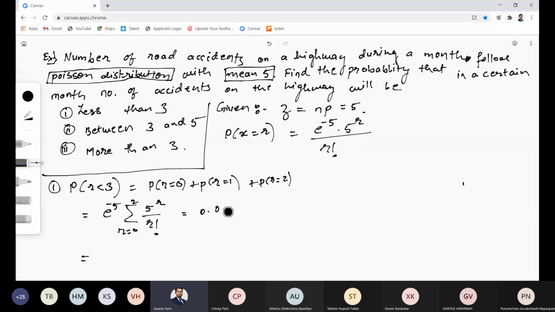Then again press equal to, you will have to enter the second value 1, so 0.033690. Then again press equal to and give the last value of r equal to 2, so that will be 0.084224. And if you add these things, the final answer is what Shikhar said, 0.1246. Fine. The second one,